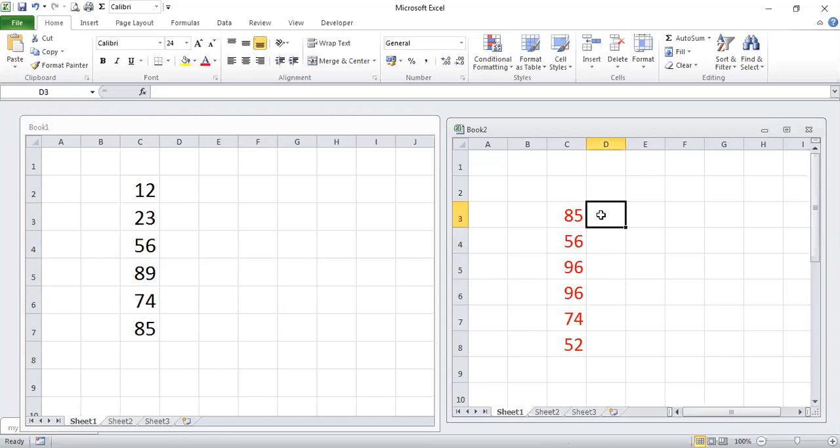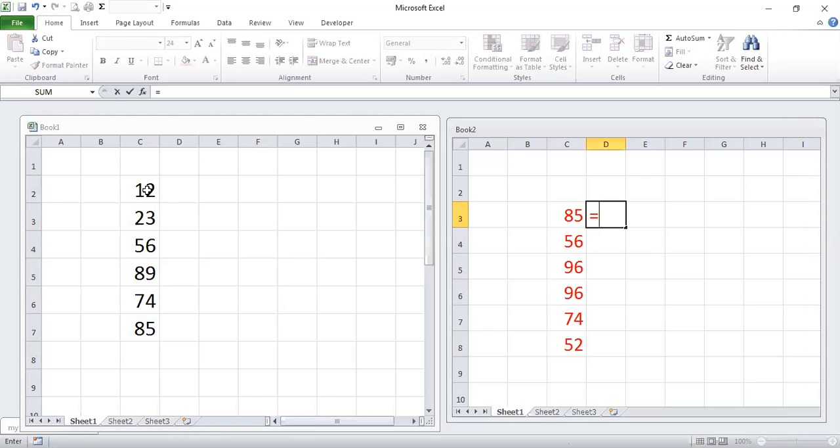For that, what I need to do is put equal to. I'll click on the cell in the second sheet. You see, automatically, since we have both the sheets open, यहाँ पे वो automatically sheet name उठाता है.